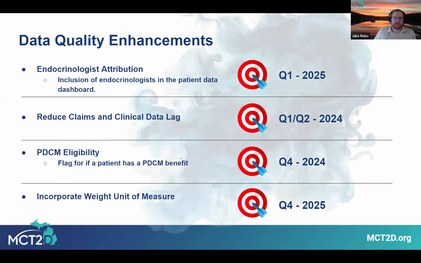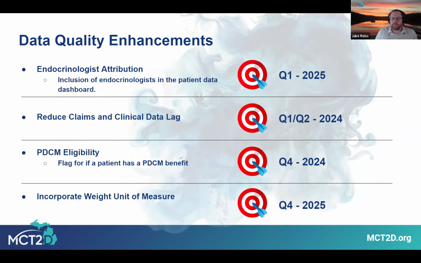All right. So data quality enhancements. As I mentioned earlier, endocrinologist attribution will be going in Q1. So that's kind of both a feature and a quality enhancement. We are working to reduce claims and clinical data lag times. I did not update the years on those two middle ones. I apologize. Those should be 2025. Q1 through Q2 of 2025 for the reducing of the clinical and claims data lag times. And so right now, as I mentioned earlier, we're sitting at about 2 to 3 months at the initial update. And so we're hoping to get that down into the sub 2-month range and then continue to improve